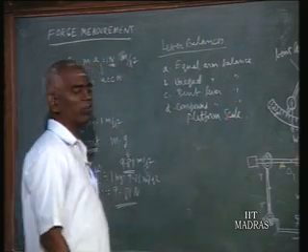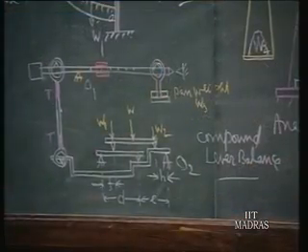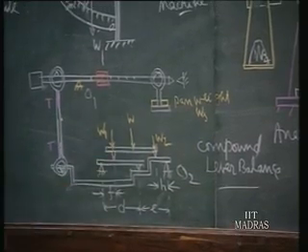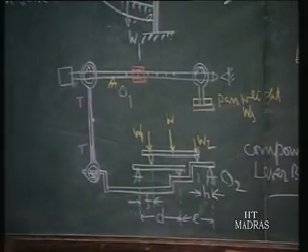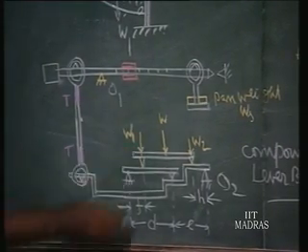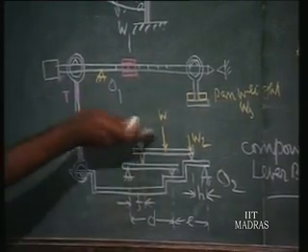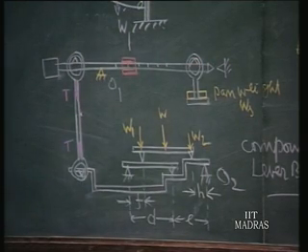It is normally used for very large weights. For example, in lorry weighing machines, a lorry loaded with some commodities. If the police want to measure the lorry weight, they will ask the lorry to be stopped over this platform. That is why it is called a platform scale. And then they will read what is the weight of the lorry,